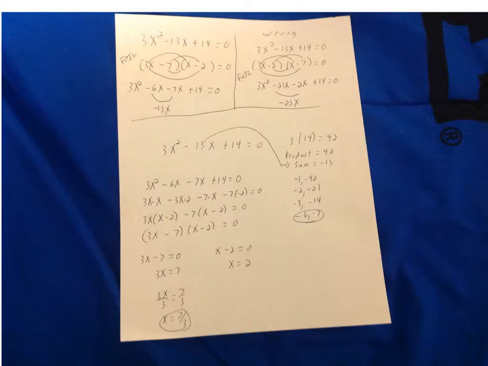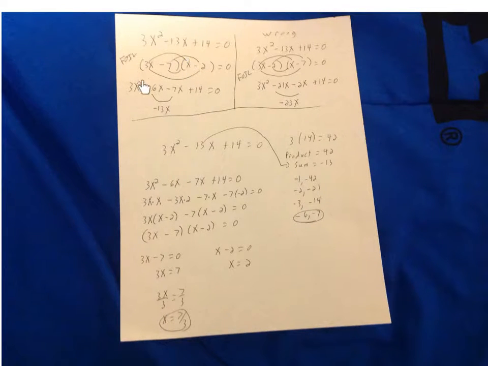Hello, I saw your question in the email. You're trying to understand how to factor this. Your first question is, why is this the correct way and this is not the correct way? I don't know if you're familiar with FOIL, F-O-I-L, but when you're multiplying two binomials, if you FOIL it,